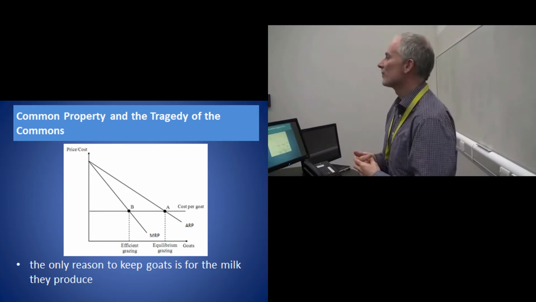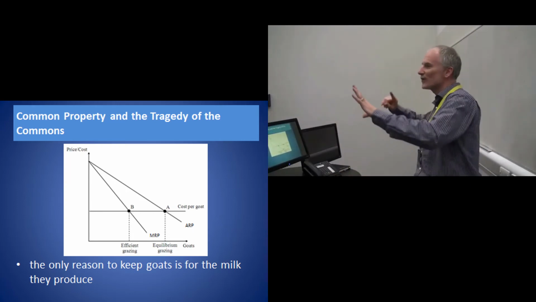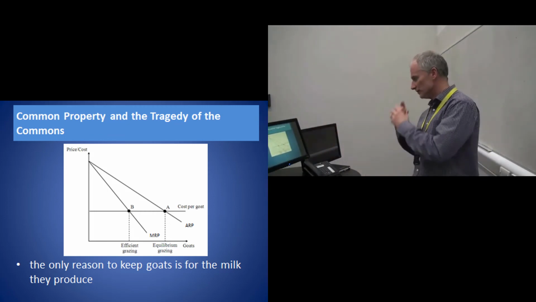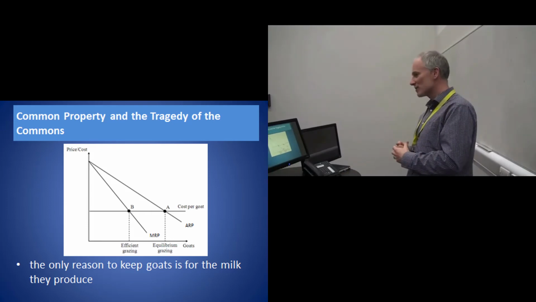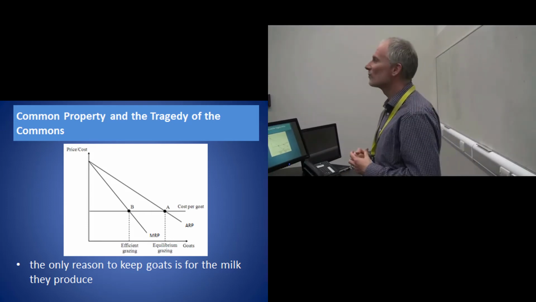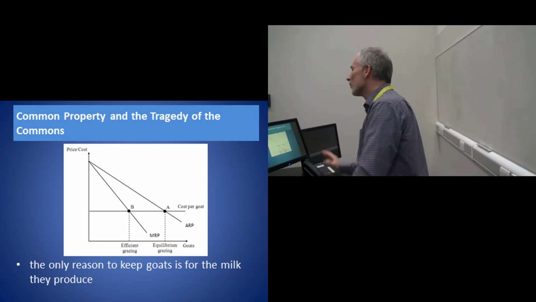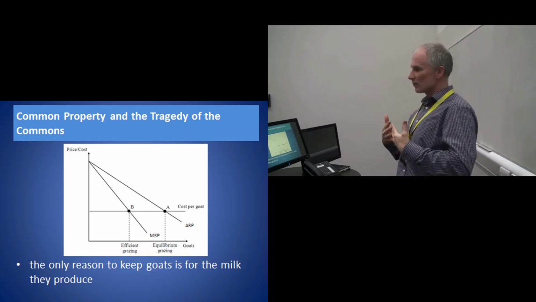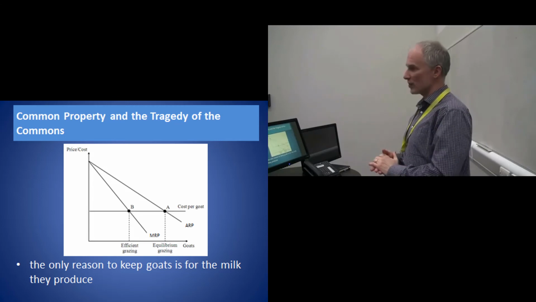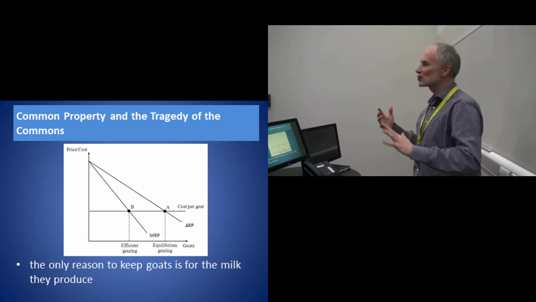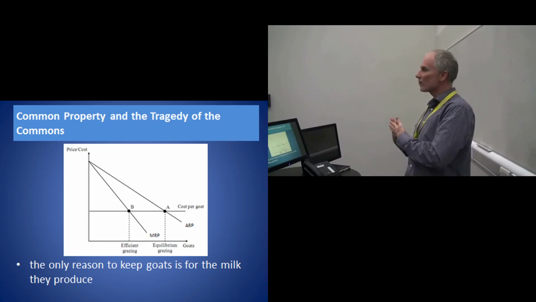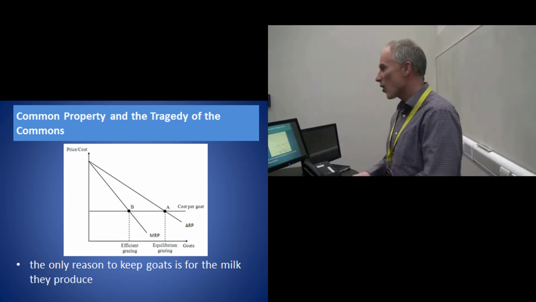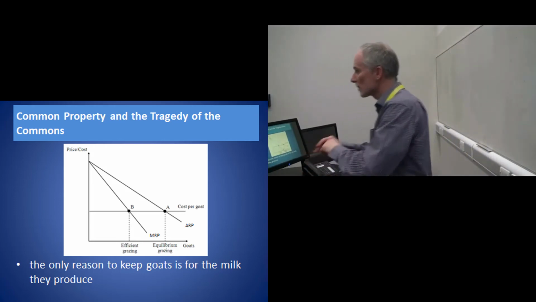This very simple diagram only has three lines. Even though it's simple, it's on the reverse side of the handout for you. It's easy, though, to get it wrong. Now, we said that the villagers have unrestricted access to this common property. What we're going to describe is what's known as the tragedy of the commons, where all of these villagers with unrestricted access to the common land will actually overuse that resource.